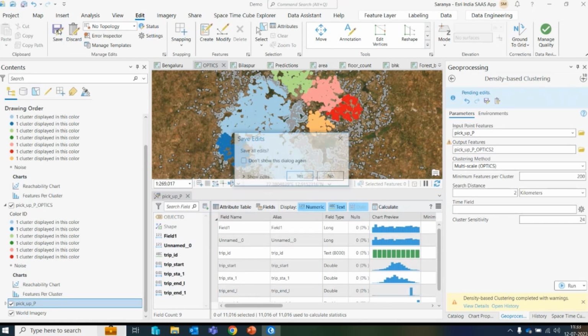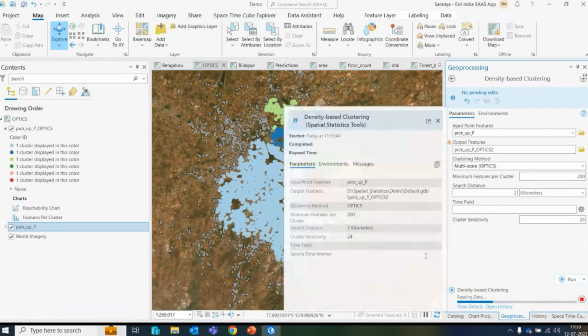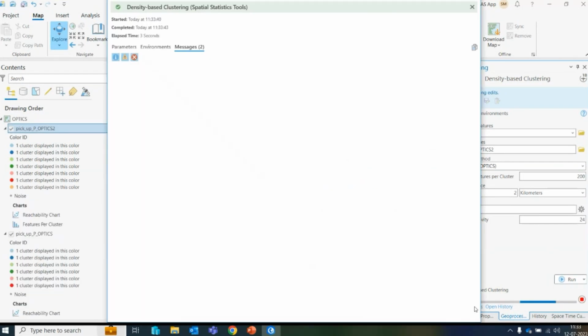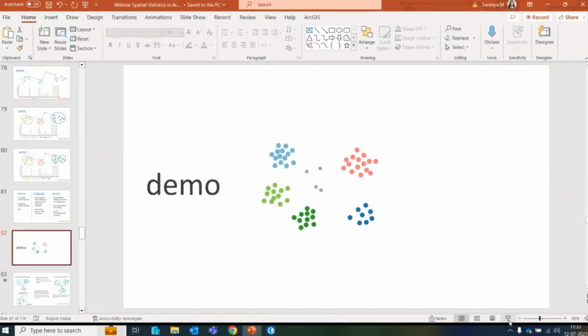So this is a very useful tool. And now when you run the same analysis, you will find that the error is gone. This is just a quick tip I wanted to share. Okay, so that is an overview about